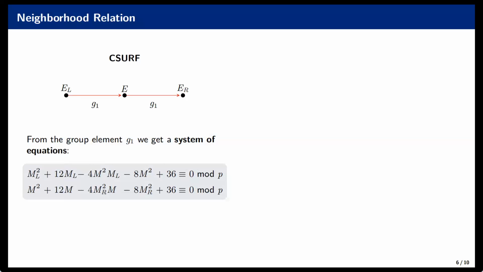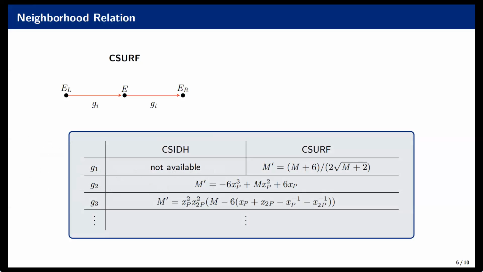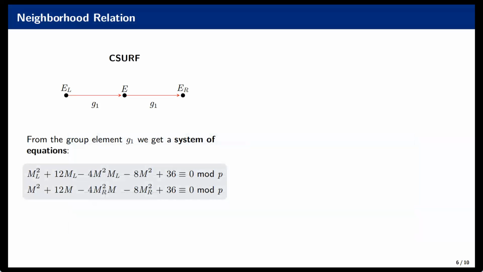Maybe I should go back and mention that of course we want to stick to those equations that are the simplest, so essentially those that have the smallest terms. The others get more complicated, and we want the system of equations to be simple. So in the CSIDH case, it would be the general one, right? That's the simple formula, and then we get this kind of thing. And of course, we can now try to solve the system.